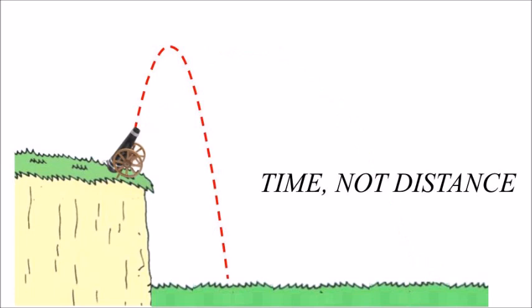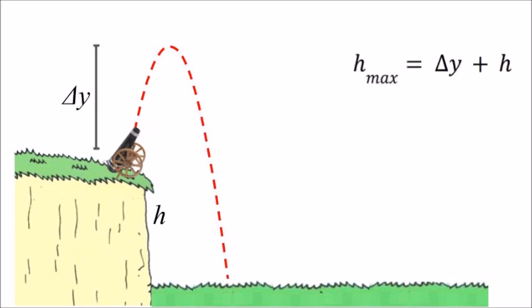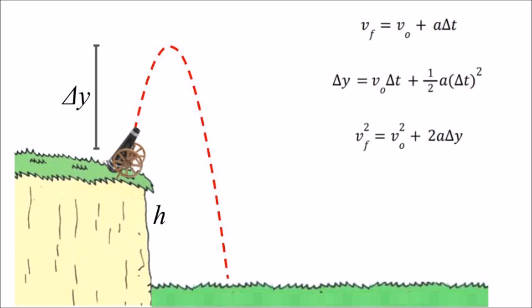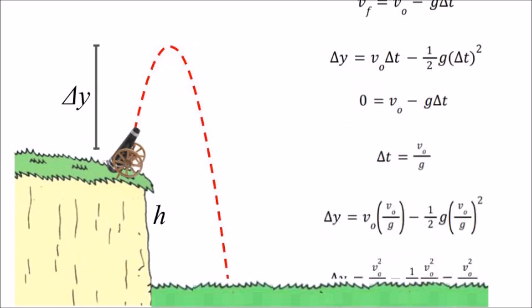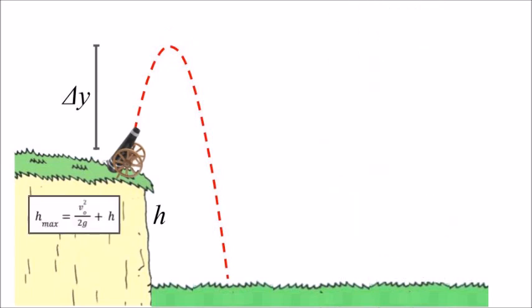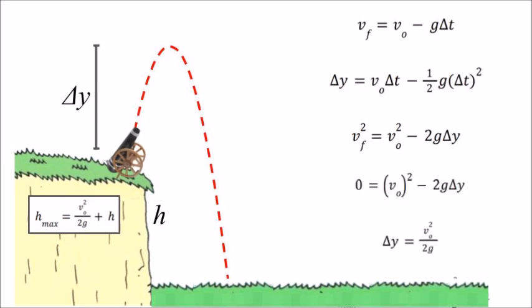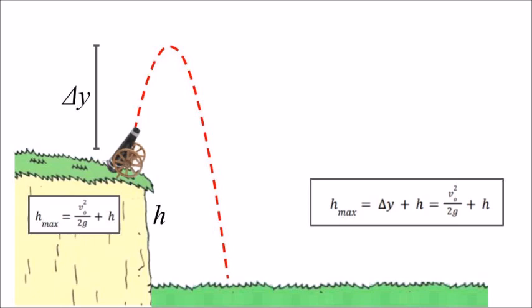then comes down. Our first challenge will be to find its maximum height with these familiar equations and an acceleration of negative g. Method 1. Let's use the fact that the vertical velocity is 0 at the max height to find the time, and then plug that time in here. Problem solved. Method 2. Use the third equation and get an answer in just one step. The same answer. That's physics.